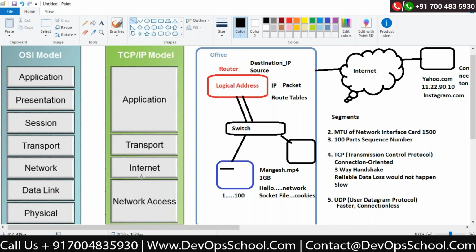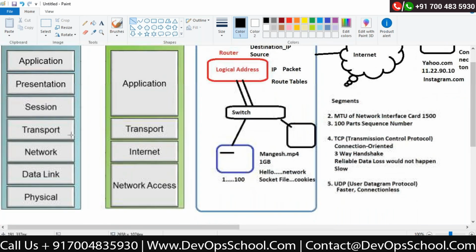The network layer is considered the internet layer, the layer that finds the best route. The data link and physical layers are combined and considered the network access layer, so layer 2 and layer 1 are combined. This is the current model we are using.